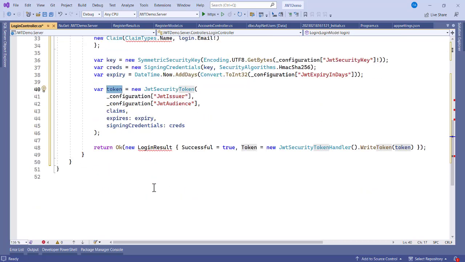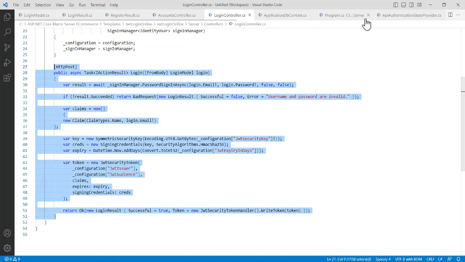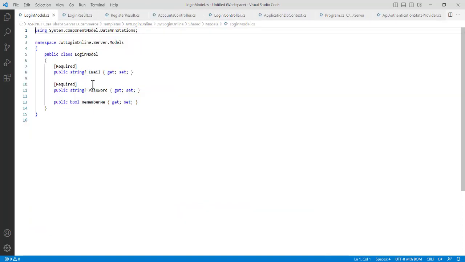Okay, so once we have that, the next thing that we can actually do here is we need to create that login model. So let's see. Login model. Do I have it here? Login and the model over here. Let's see. Okay, so I think it's around this area, login model. So this is what we need: only email, password, and remember me. This remember me, we don't actually need for now, so you can take off this. Okay, we need email and password. So let's copy this login model,